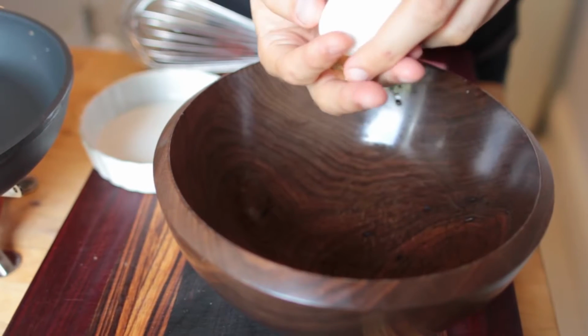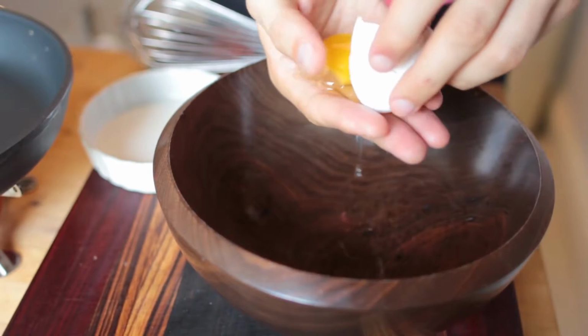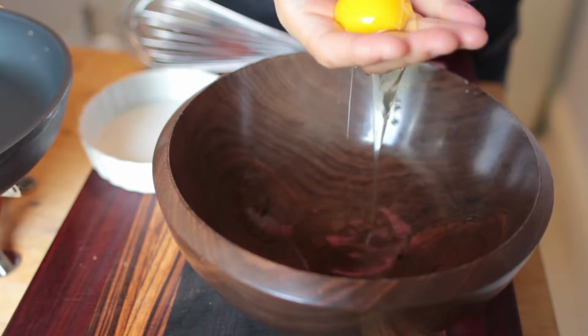You separate the eggs from the egg yolks and the egg whites. You take eggs and you separate the yolks and the whites, making sure to get...